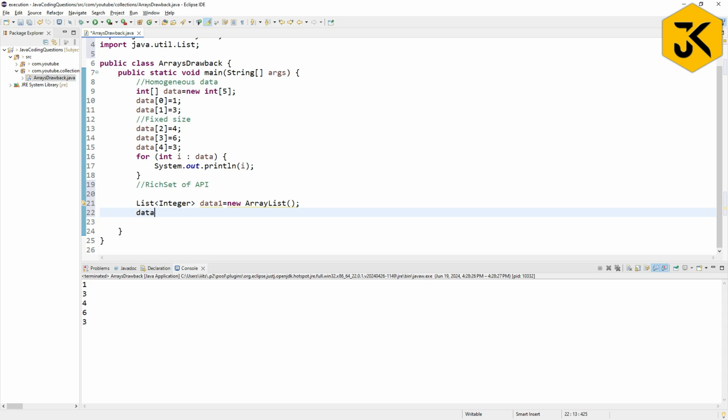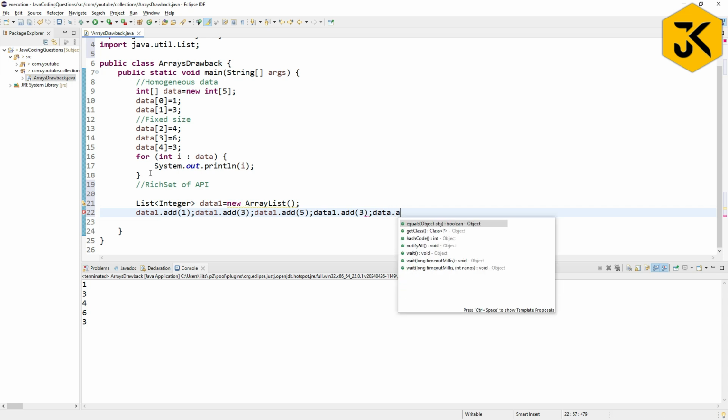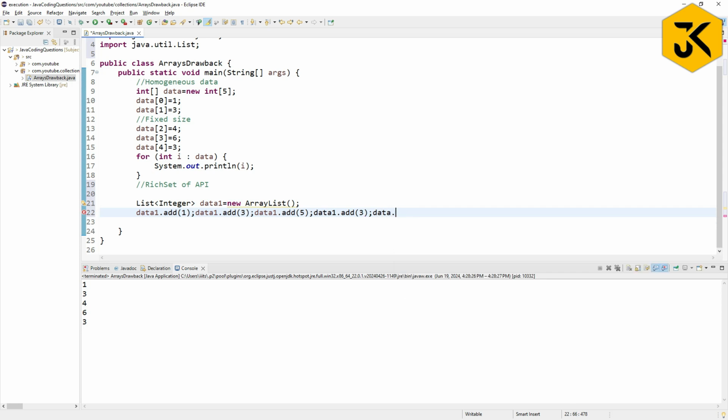I am adding data1.add(1), data1.add(3), data1.add(5), data1.add(3) again, data1.add(9).